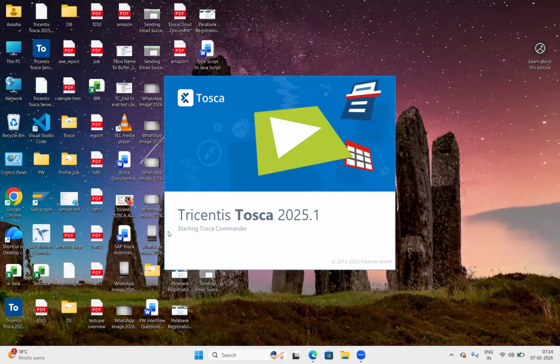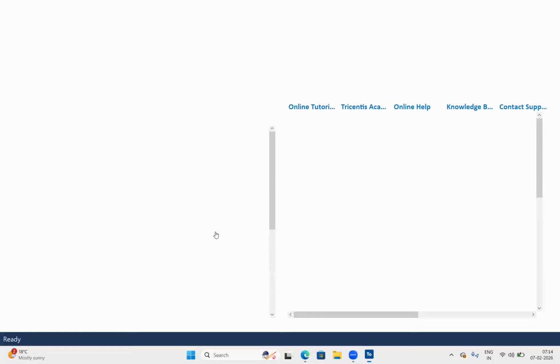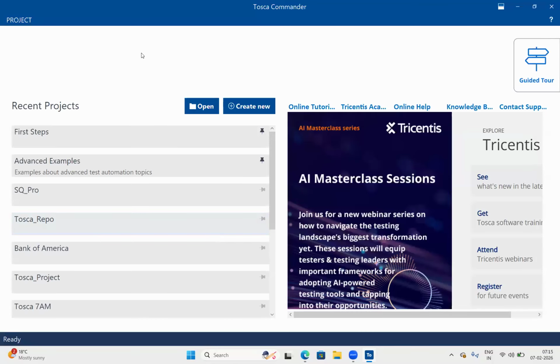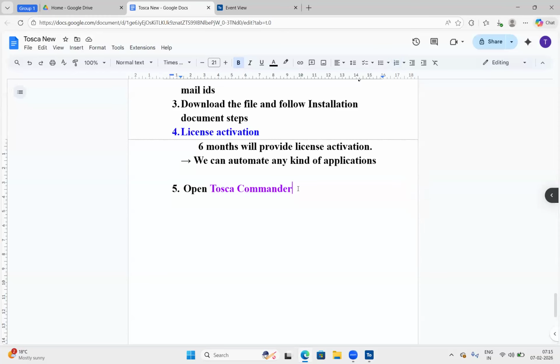See, once you open the Tosca Commander app, you can see it is starting Tosca Commander with the license. It is checking the license also. In my system, the license has been found. Directly it is going to the main page, the home page. This is the home page. So open Tosca Commander.